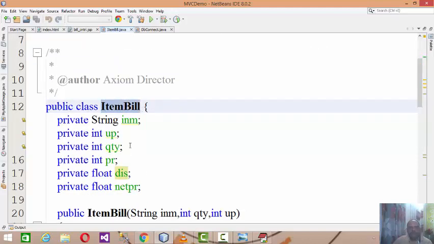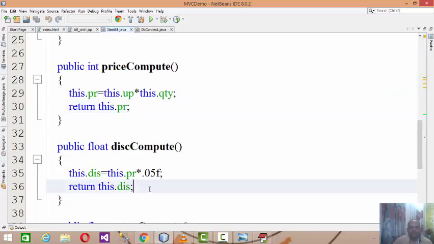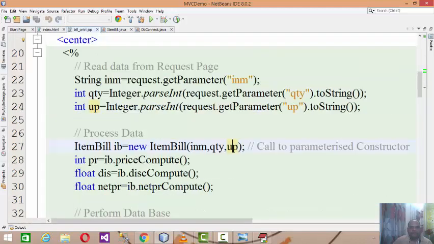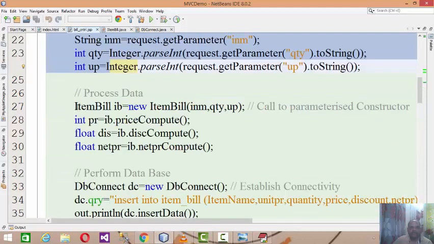In the public class of ItemBill, I define a constructor, and I define various methods which are responsible for processing data. Then from the controller page, once I accept the data from the user, for the data processing I created an instance of ItemBill and refer to the methods for computing price, computing discount, and computing net price. And all these values of price, discount, and net price I hold in local variables, right?